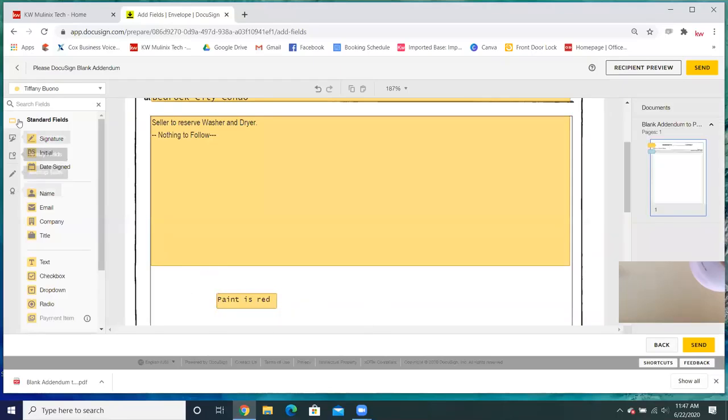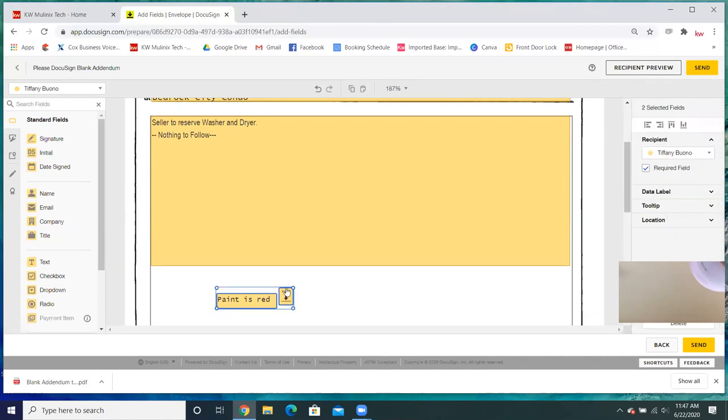Now, wherever you add in that text, your buyer or your seller, whomever you're working with, is going to need to initial it. So you can add an initial box and say, okay, this is a PDF document, but now I want to add in this "paint it red," and your client will now have to initial it. So you'll just make sure that once you've put in that text box, you can take that and say, okay, now my